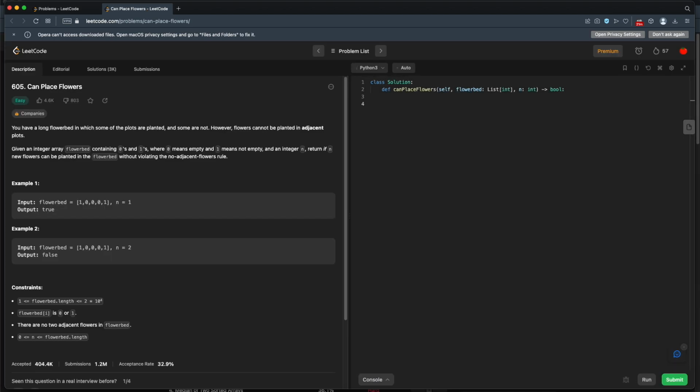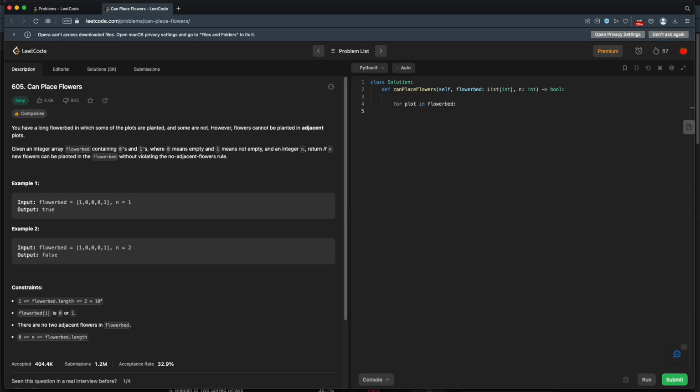Okay, so now that we know the basic pieces that we're going to need for this, let's see if we can put it all together and come up with a solution. So we need to go through every single flower plot in our flower bed. We'll call it plot, or flower planting plot. Well, they call it a plot here, so we'll call it a plot. A plot is just a piece of land, it doesn't have to be empty, I guess. So for plot in flower bed,